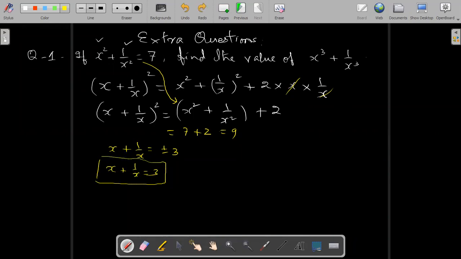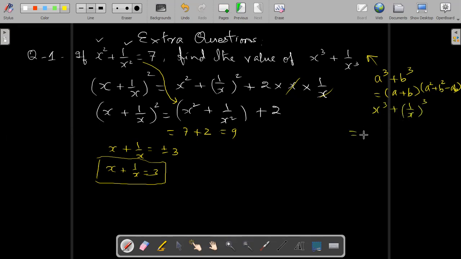But now what do we have to find? We have to find x cube plus 1 by x cube. For that, there is a formula for a cube plus b cube. I told you that formula will be used; we have done it in the exercise. a cube plus b cube is equal to a plus b into a square plus b square minus ab. In that formula we have written minus ab in between, that doesn't matter. If we fit this formula here, we can say that x cube plus 1 by x whole cube